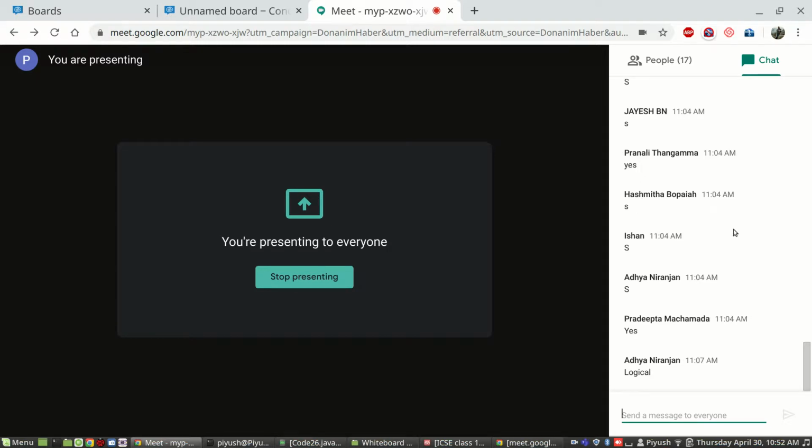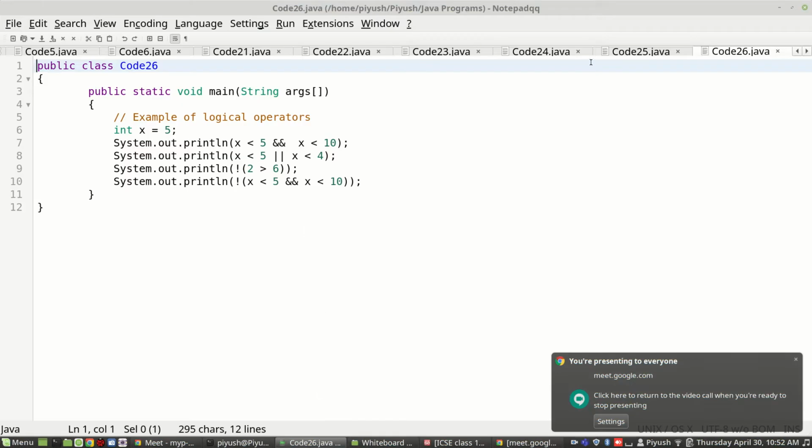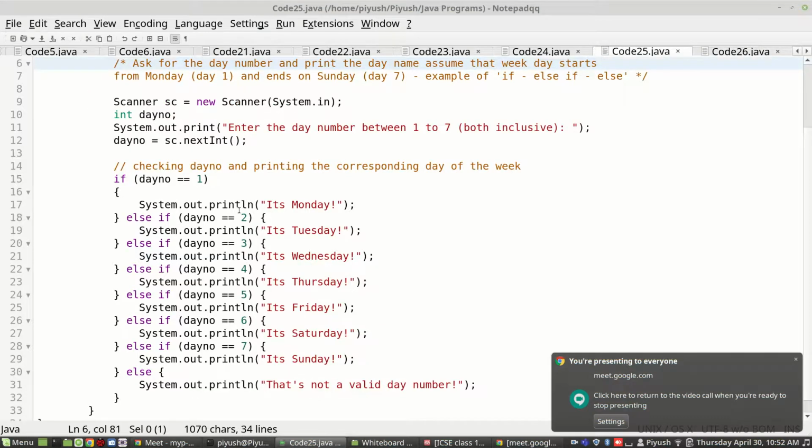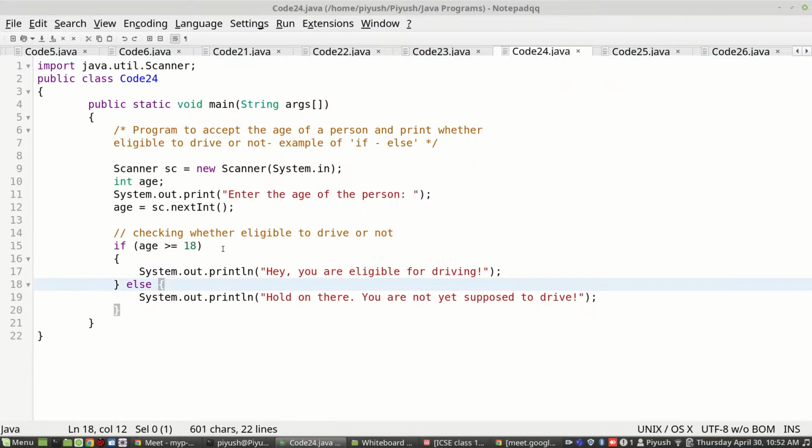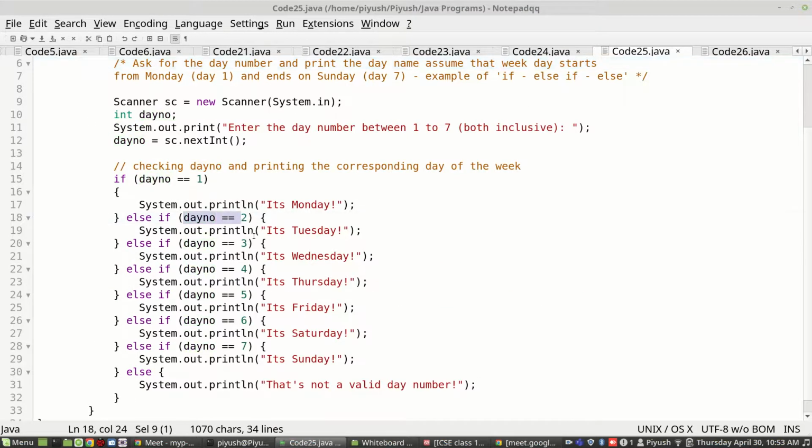Okay, logical. No, not exactly. Relational. Yeah, Jayesh is correct. Logical, though, we are seeing just right now. So relational, that is less than, greater than, not equal to, greater than equal to, less than equal to. Haven't we seen? Yes, we have. See, all these things you can see, double equal to, greater than equal to, these are conditions with if, with else if. So we can see these conditions are formed of operators and operands.